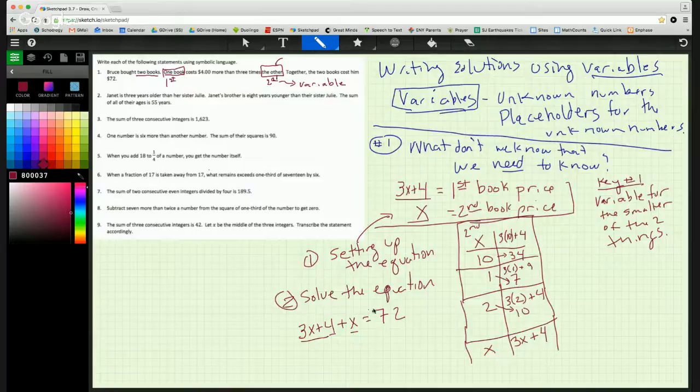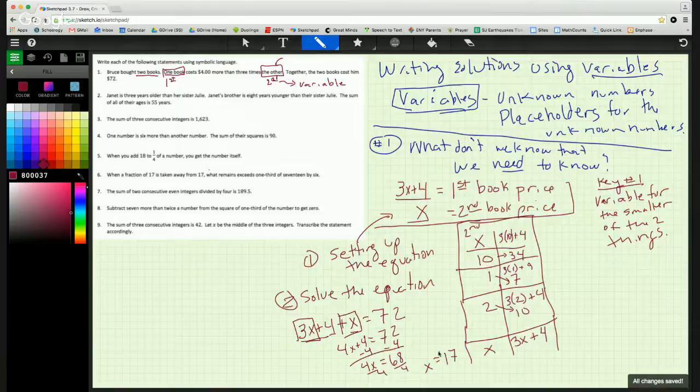Now, if I want to solve that, I can just combine my like terms. Here's my like terms, and I get 4x plus 4 equals 72. And I'm just going to solve this like I know how to solve equations. 4x equals 68. Divide by 4, divide by 4, and I get x equals